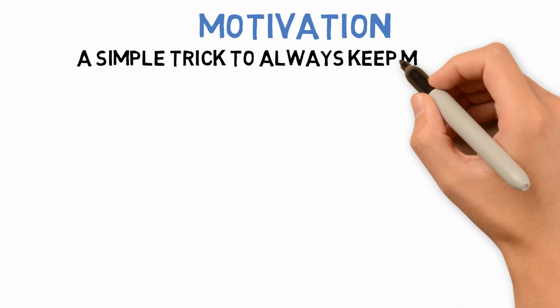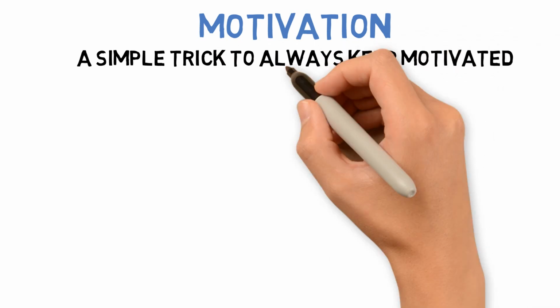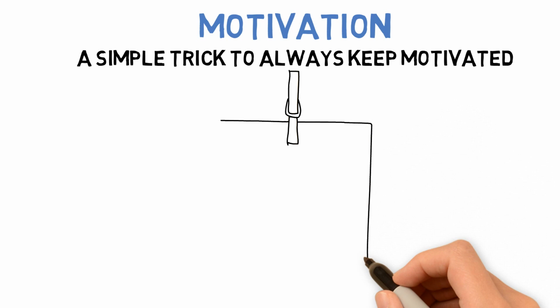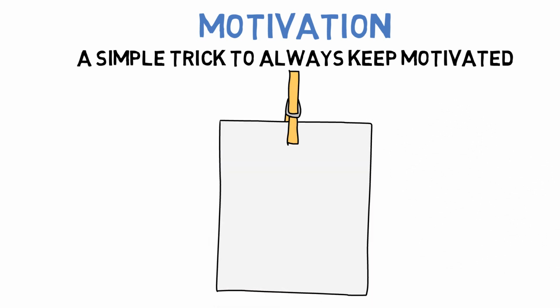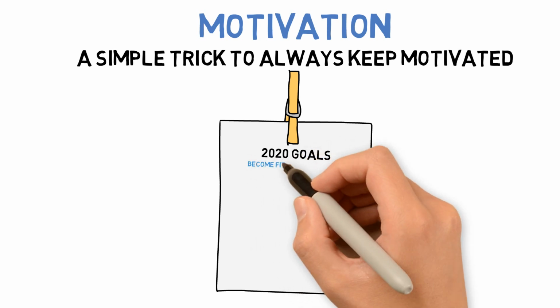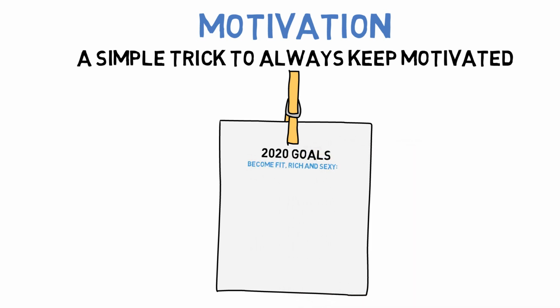The first thing we're told when we set goals is to write them down in a clear and quantifiable way on a piece of paper. This way, we'll always have them clearly in front of us, and they remind us every day as soon as we wake up and every night before we go to sleep of why we're making sacrifices, whatever these goals are.